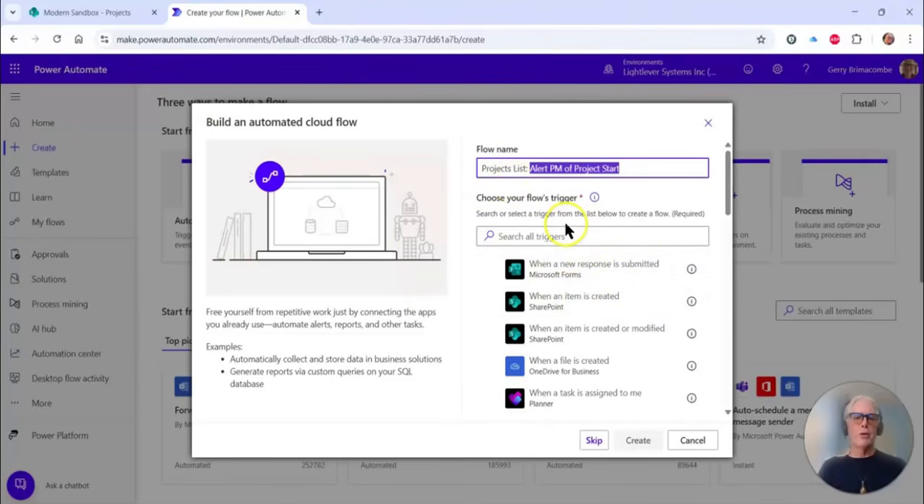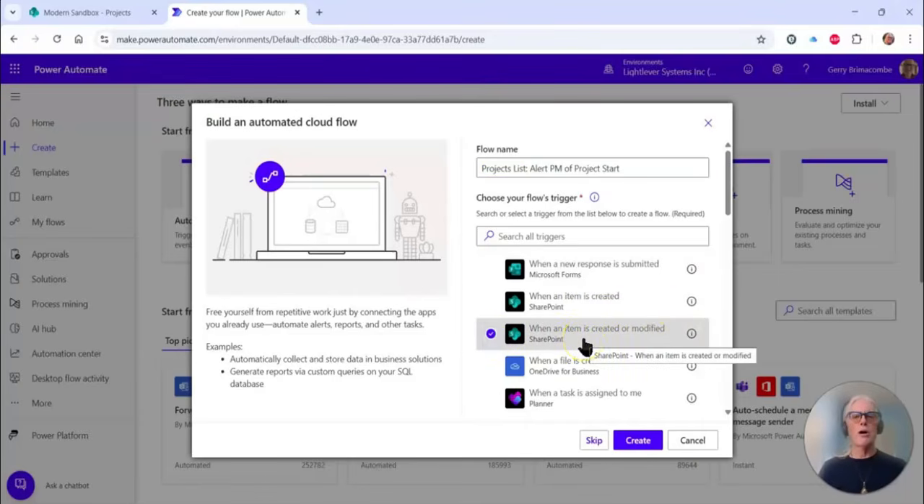Now, before we can get started, we have to tell it how to get started. So how is this flow triggered? Notice the top one here is Microsoft Forms. I've used that one recently. When a list item is created in SharePoint, or when an item is created or modified in SharePoint. So we're going to use this created or modified one to trigger on our projects list. So when a project list item is created or modified,